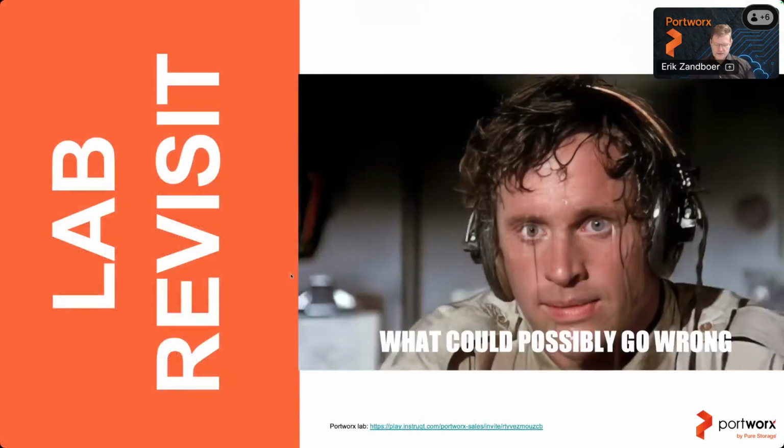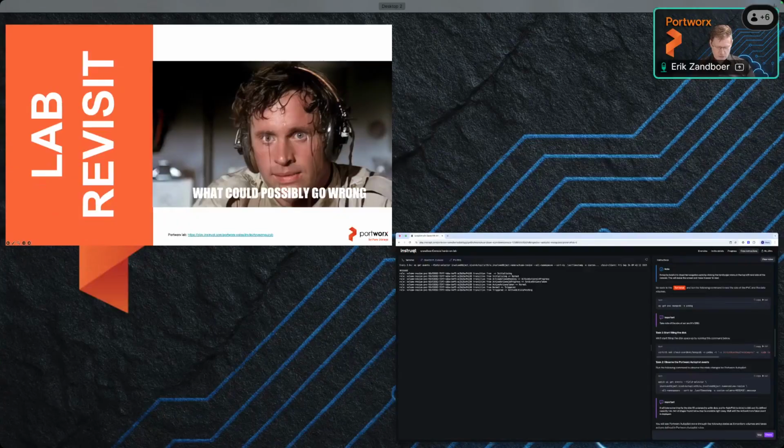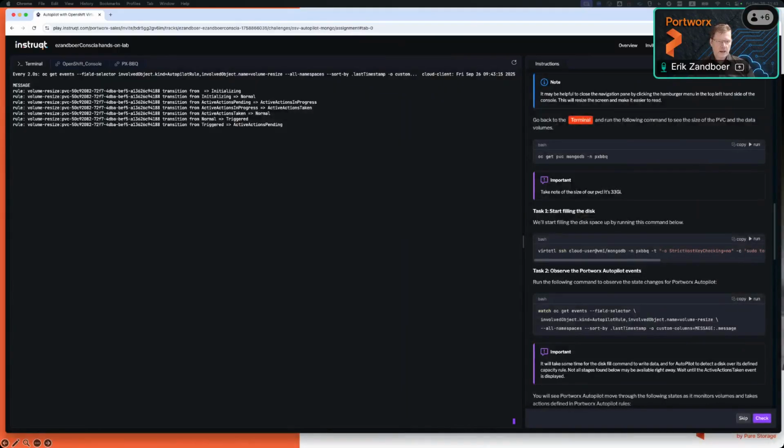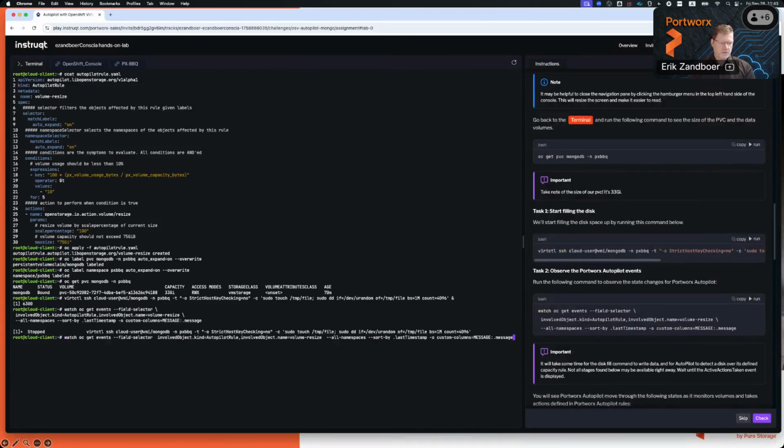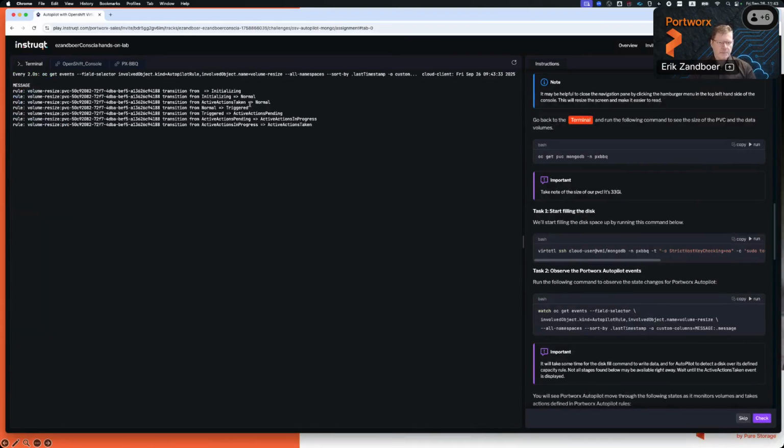Right, final bits. Let's look at the lab. Where did we get to? There we go. You can see a lot of stuff happened. It was initializing, then it went to normal state. Normal, normal.